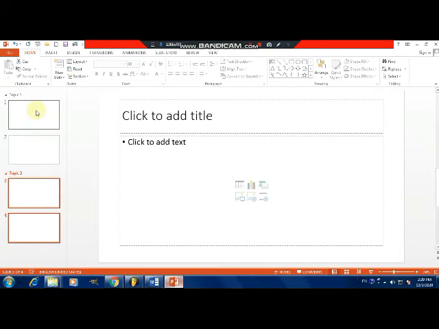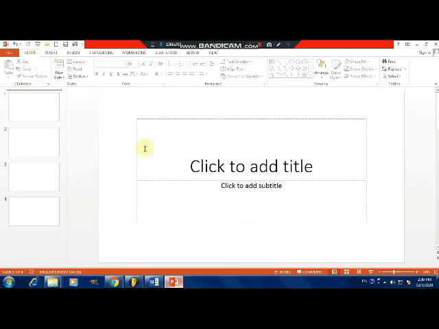If you want to remove this section, go to the section, or you can right click. Click remove section. If you want to remove all sections, you can remove all sections. Whatever sections were added, maybe 2, 3 or more, will be removed at one time. I think you all understand how to insert a new slide and how to change the layout.